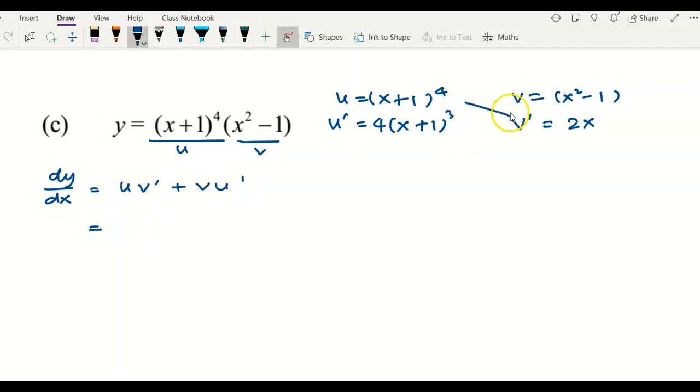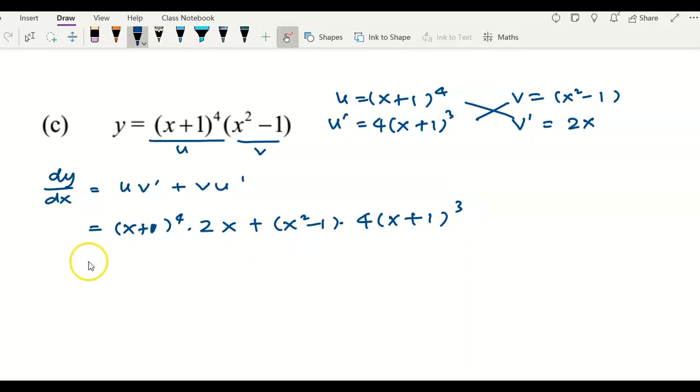u v prime means that you are taking the u multiplied by the v prime, which you will get (x plus 1) to the power of 4 multiplied by 2x, plus v u prime, which is x squared minus 1 multiplied by the u prime, you get 4(x plus 1) to the power of 3. Then you can try to rearrange it if you want, or you may directly check both